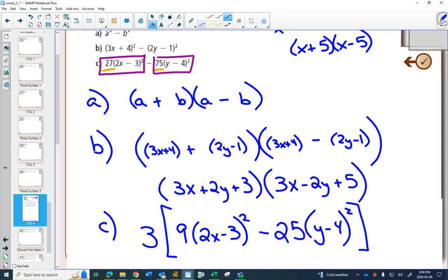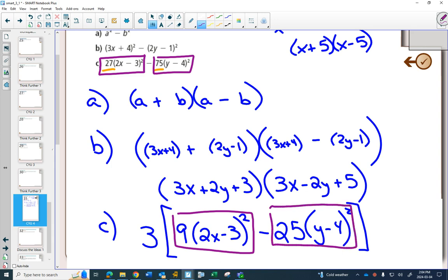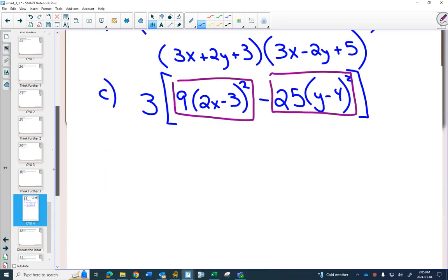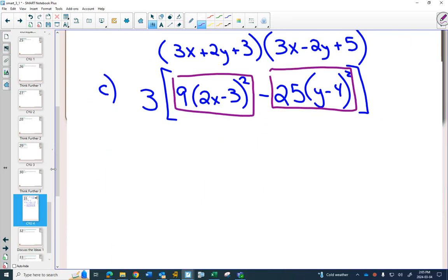And now that I've factored out that 3, now I have, again, I'll put them in a purple box, one term minus a second term. But the nice thing now is this is a perfect square, and this is a perfect square, because 3 times 3 is 9, and 5 times 5 is 25, and of course this is squared and that is squared. So I can, again, write that I have 3